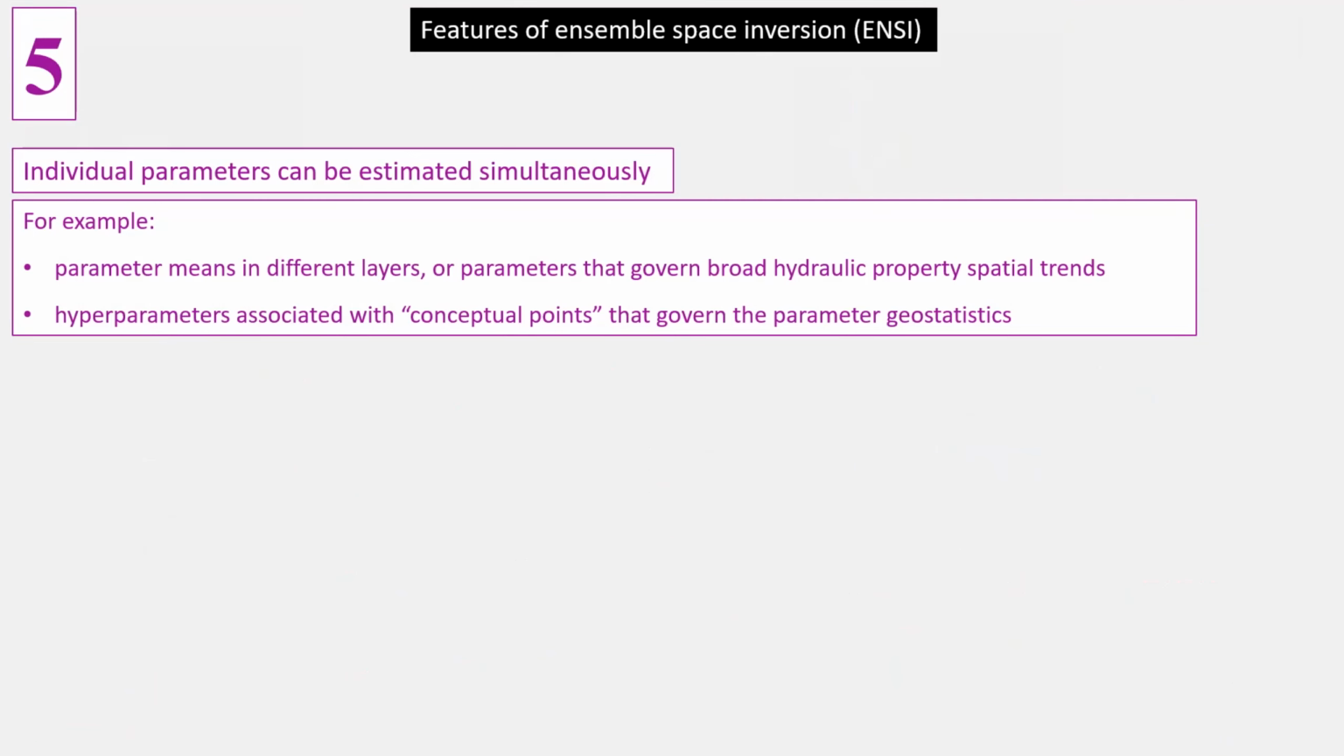The final defining feature of ENSI again pertains to the flexibility with which the subspace of parameter space in which we are working can be defined. Not only can we include realizations of parameters of different types, we can also include individual parameters. And this can be extremely useful under certain circumstances, particularly if those parameters are, for example, mean values of different parameters in different layers, or